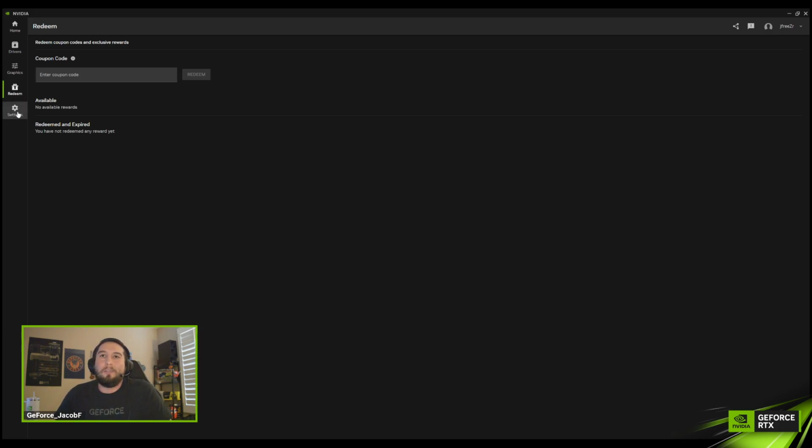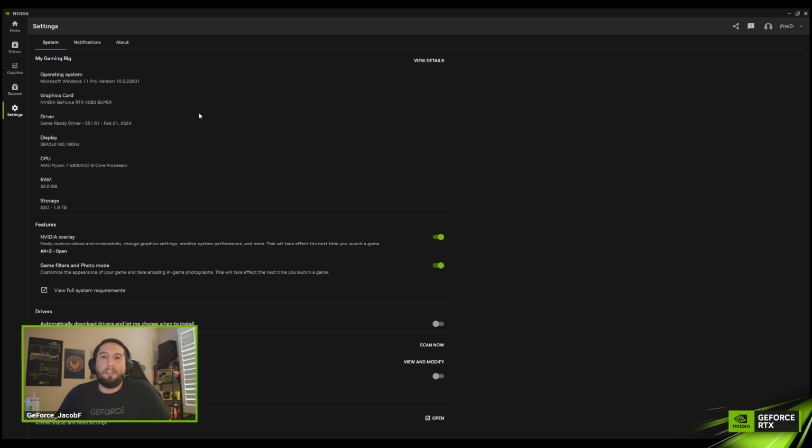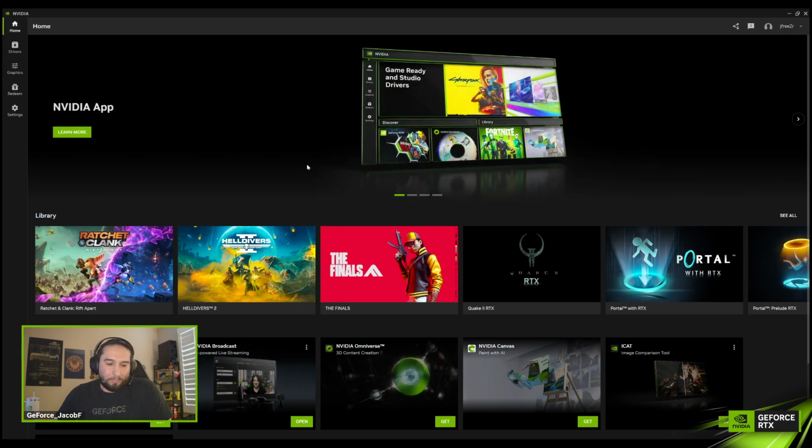And then we have the settings, which just tell you details about your system. You can also configure this to automatically download the latest drivers. You can have it change where your games are located, so it makes sure to find the latest game or find when you install new games, etc., etc. All right, so that's